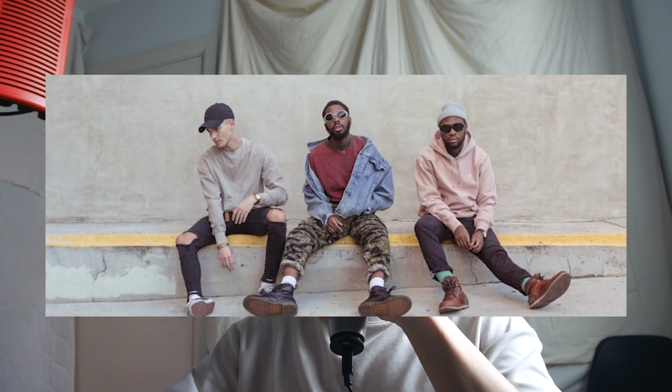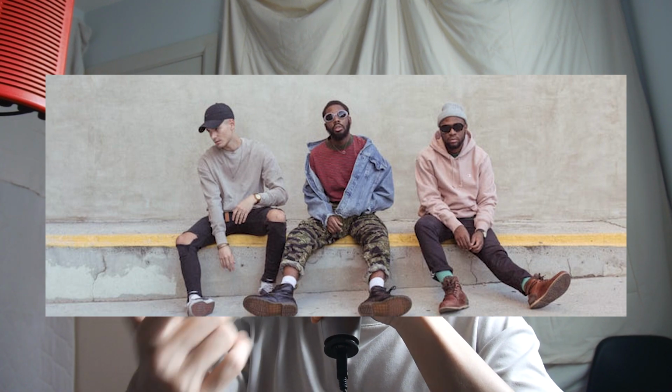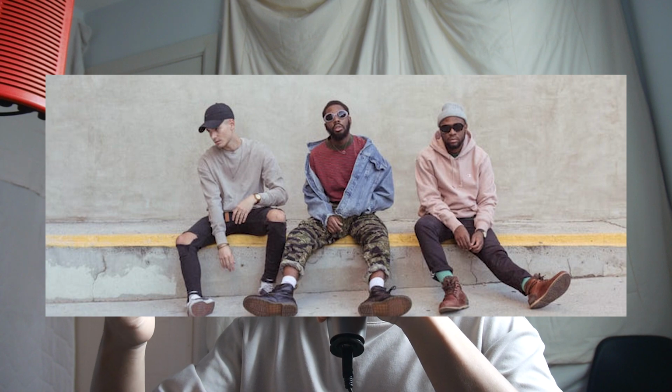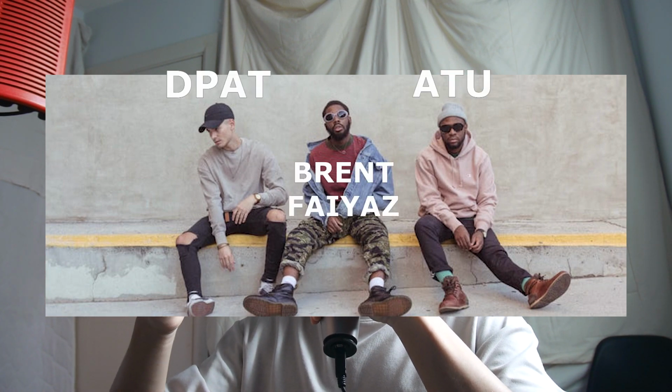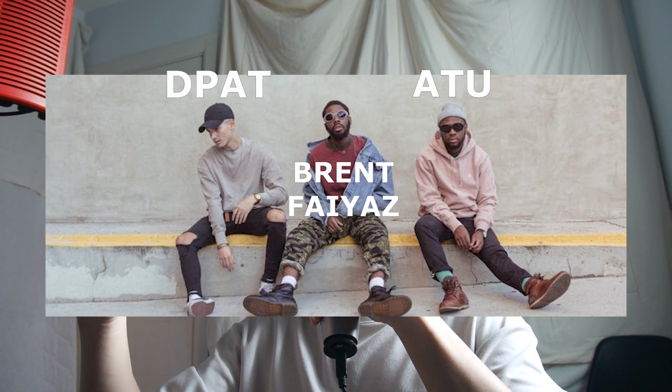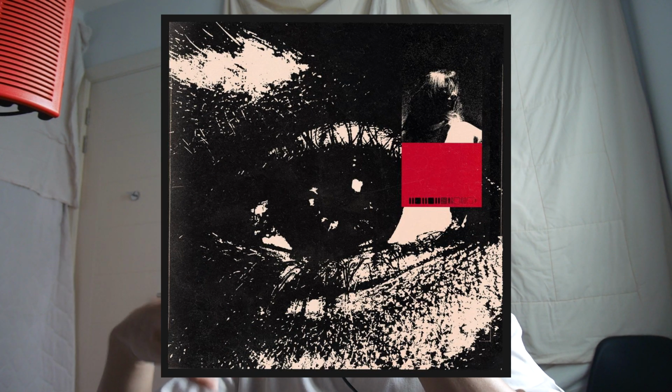Sonder, or I think more commonly known now as Brent Faiyaz, so Sonder is a group. I think it has DPAT and Atu in it, and Brent Faiyaz was the main vocalist. They exploded into the scene with songs like Too Fast and What You Heard, which are arguably my two favorite